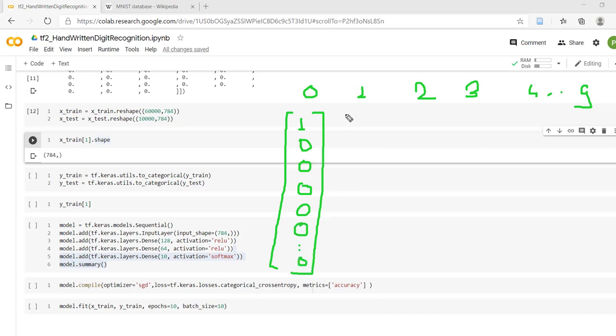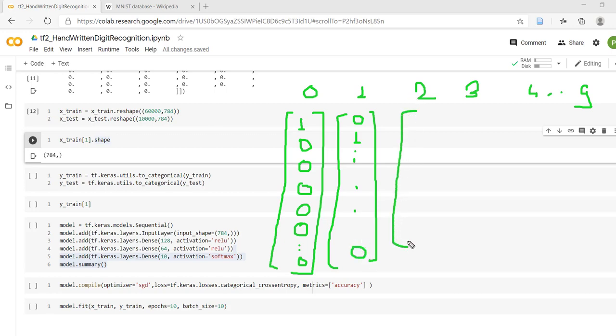Okay, so if the original output is 1, then we are going to place 1 at the position in an array where we are indicating 1. Rest of the elements will be 0. Same is for 2. So 0, 0 and then 1. So this one corresponds to the 2 in an array. Likewise, rest of the elements will be 0. So this is one hot encoding. Why are we converting this?